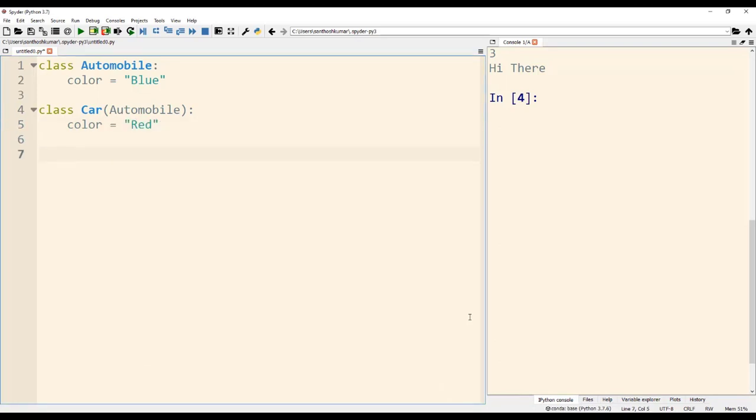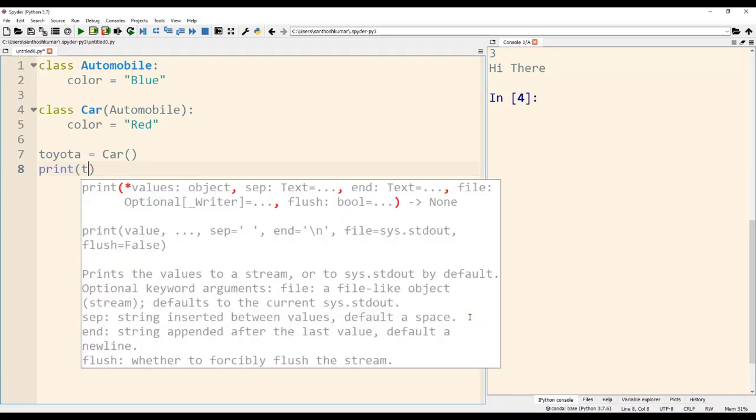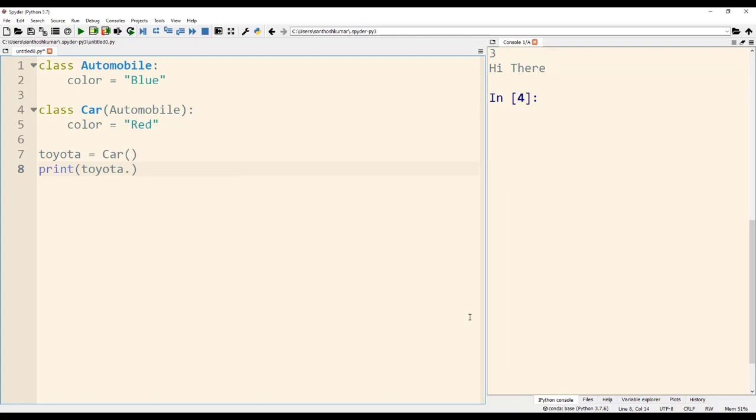So the color variable in the car class has overridden the color variable in the automobile class. Now in line number 7, I am creating an object named Toyota and assigning it to the car class. So Toyota is an instance of the car class, and when I print Toyota.color, I get the output as red, as you can see, and this comes from the car class.